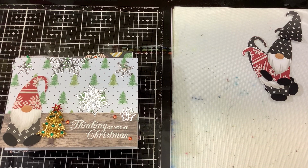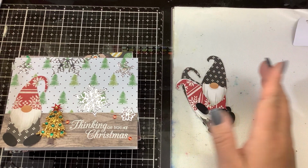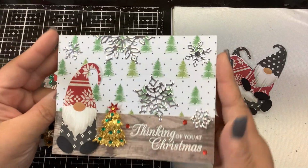Okay, so I am having so much fun with these little gnomes that I cut out from the Silhouette store. If you missed that video, I will link it in the back for you guys. So I'm going to show you where I was with some of the cards. I do have a couple of the little gnomes left, so I thought I'd make a card for you guys together. But I want to show you, this is the one I had started on camera the other day